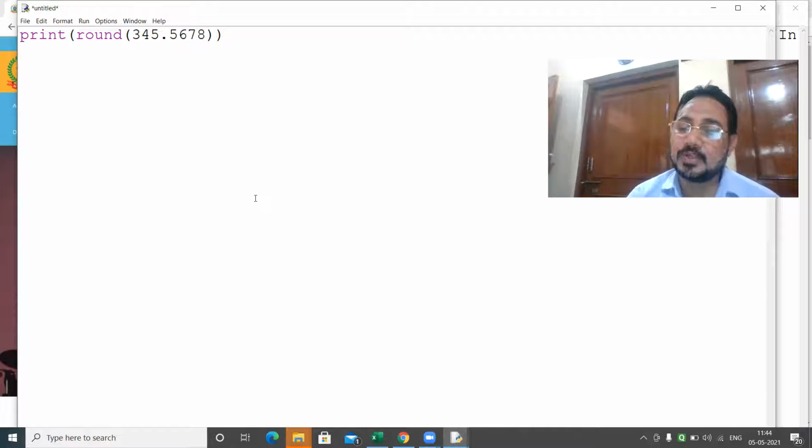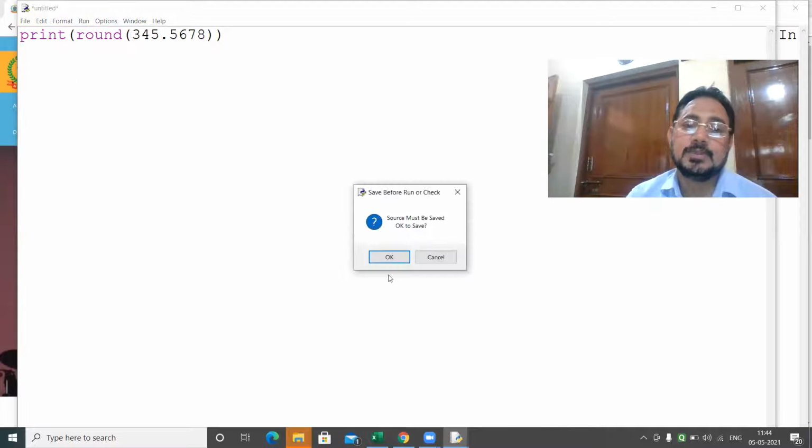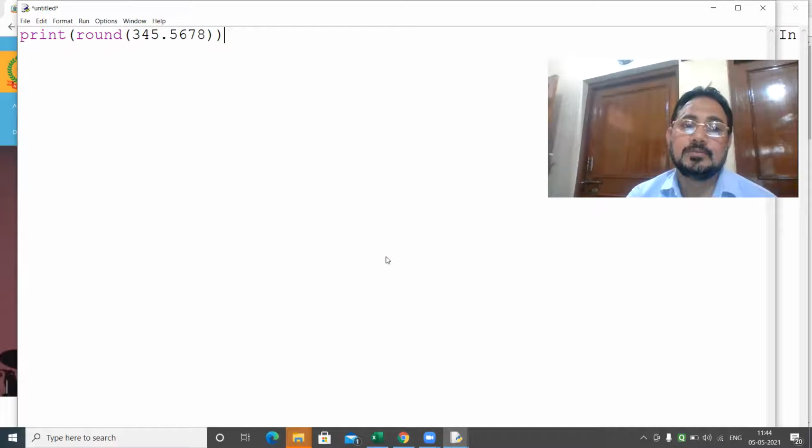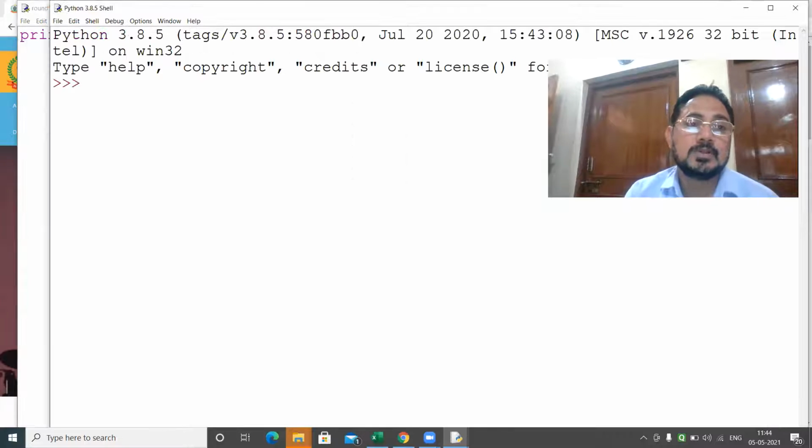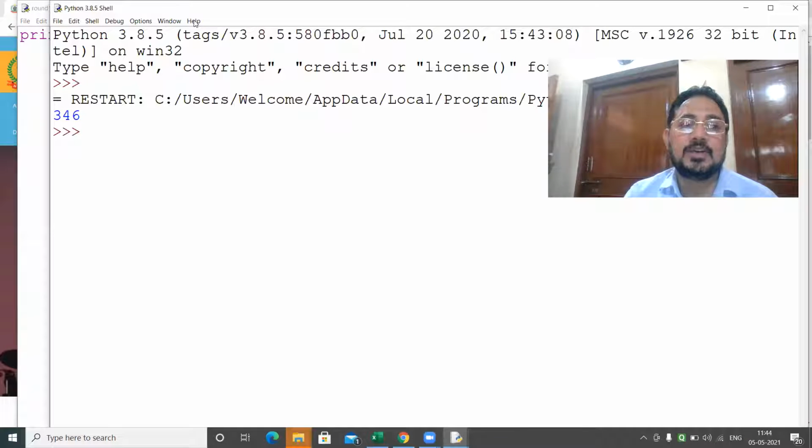Then the integer before that is rounded off. That means 3, 4, 5 will become 3, 4, 6. I will show you the result. See here, 3, 4, 6.